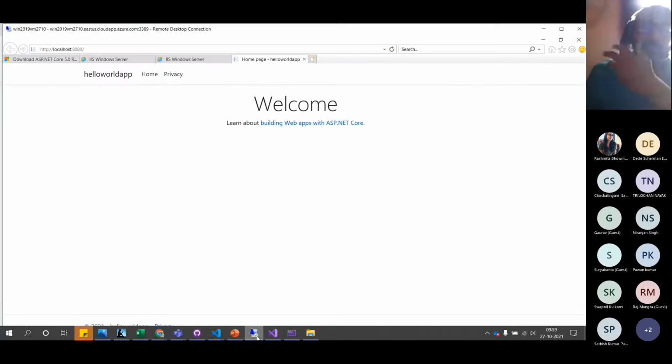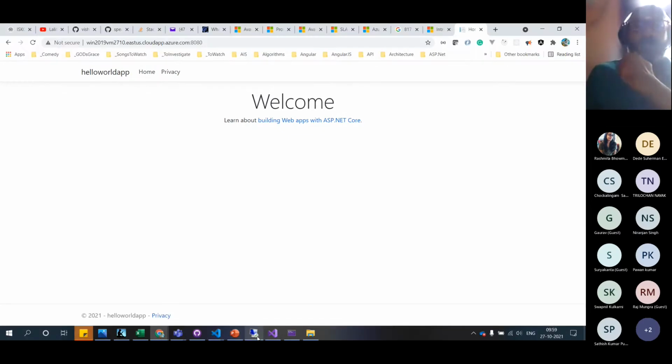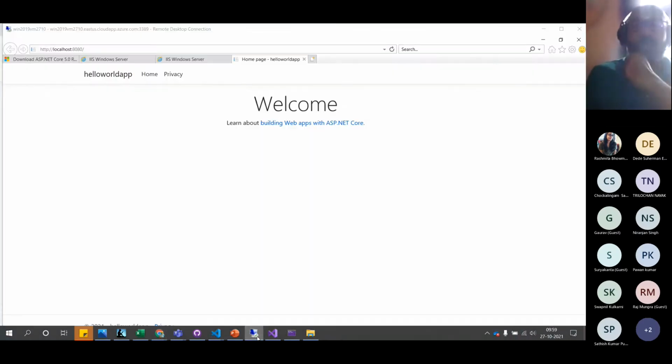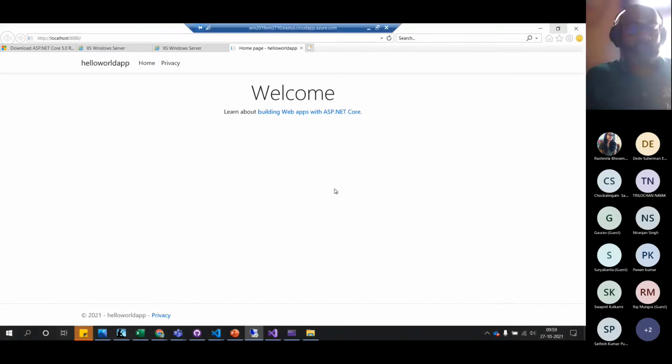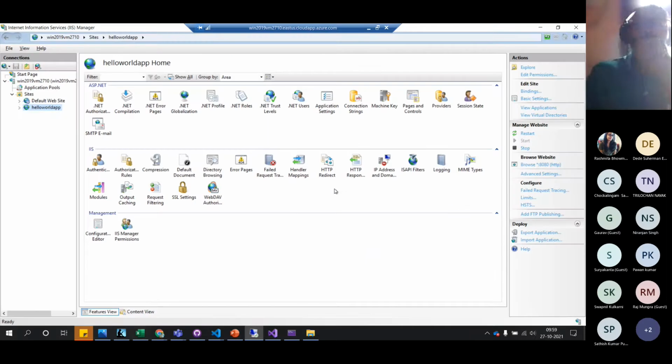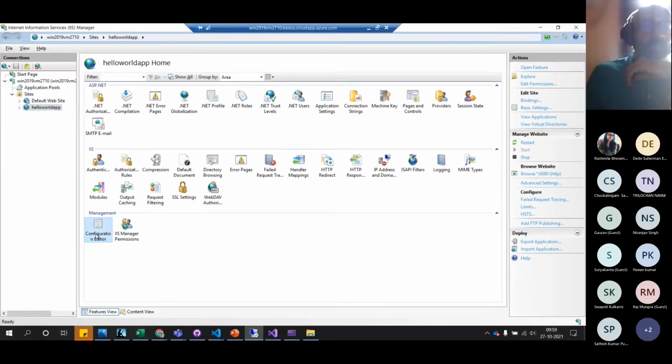So when we work in the next episode, we will create another application. I'm going to stop and deallocate this virtual machine so that in the next episode we don't need to go through all this pain. We can straight away utilize the virtual machine which is already built. The infrastructure is there. So as a quick recap, you can see that when you come to this configuration editor,